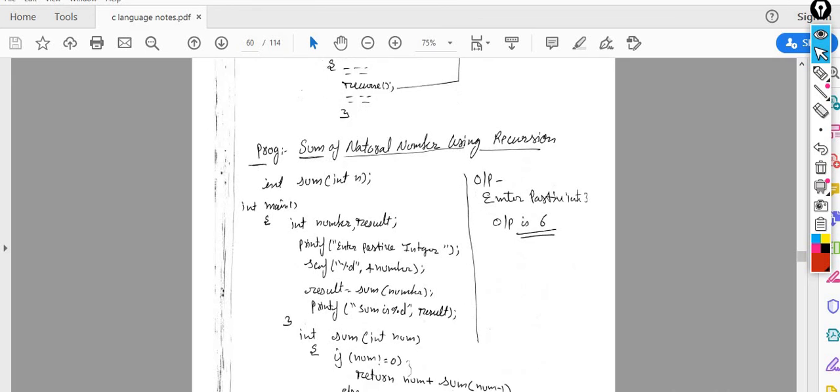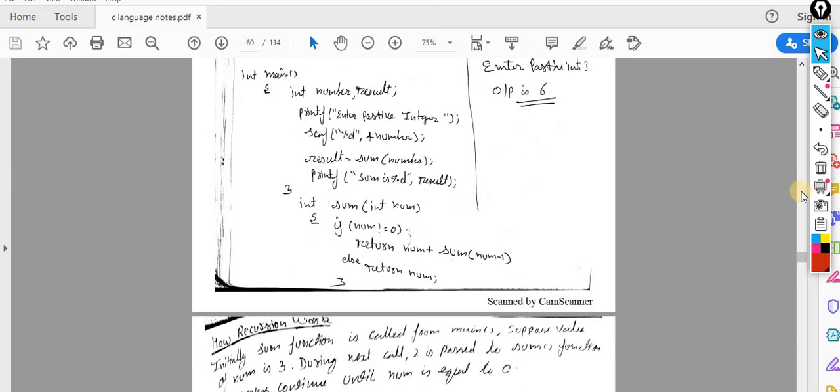Whenever you are using recursion, make sure there is one condition that stops that recursion. Otherwise your program will go into an infinite loop. Keep this point in mind, it is very important. Whatever you do with a for loop or while loop can be converted into recursion, but there should be one condition that is satisfied when you are supposed to stop the recursion.